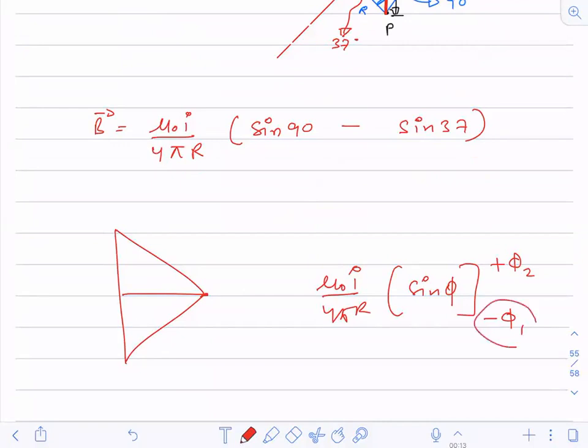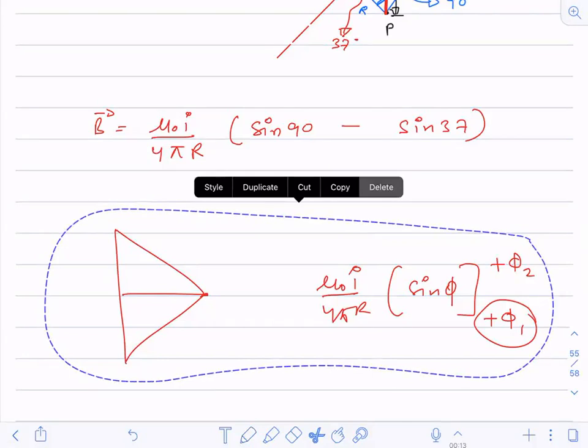But if both are measured on the same side, what I'll write now is this also as plus. And now when you substitute, you'll get sine phi 2 minus sine phi 1. You'll not write minus sine phi 1 because it's not in two different directions. Now it is in the same direction. So you are not supposed to integrate from minus phi 1 to phi 2. You have to integrate it from phi 1 to phi 2 now. Same sign you will substitute, and then you will get a minus sign. I hope this point you have understood.